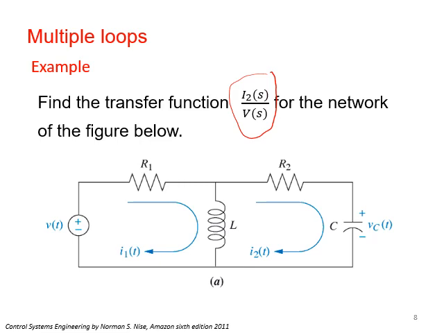I2 over V. Remember, in the electrical circuit, the input can be voltage and the output voltage. Input can be voltage, the output current. Input can be current, the output voltage. Input can be current and the output is current. I mean, any of these can be. So here he tells me what the input is and what the output is. Usually the question will indicate which one is the input and which one is the output. So he's saying here the input is V, notice it's V of t, and the output is the current in